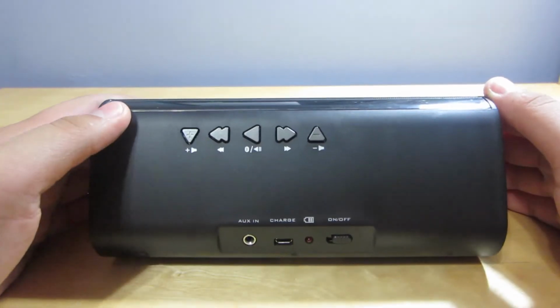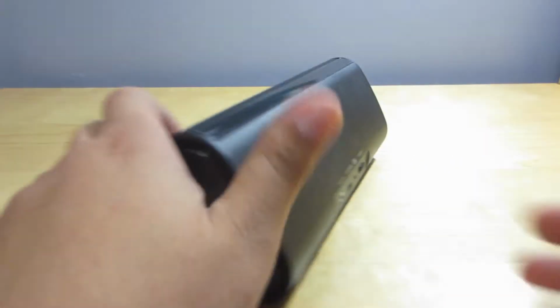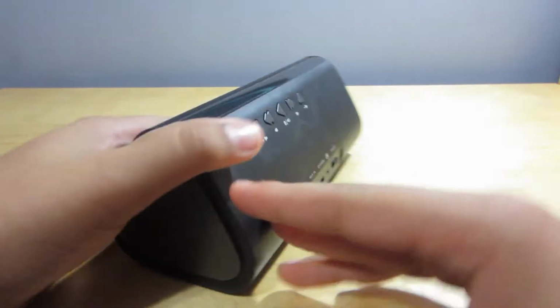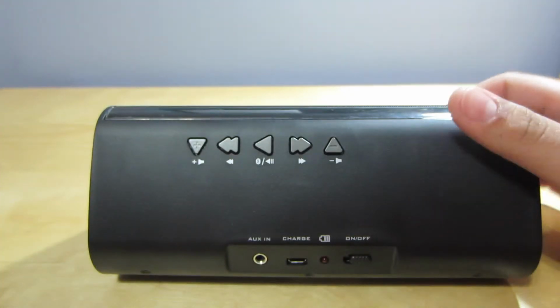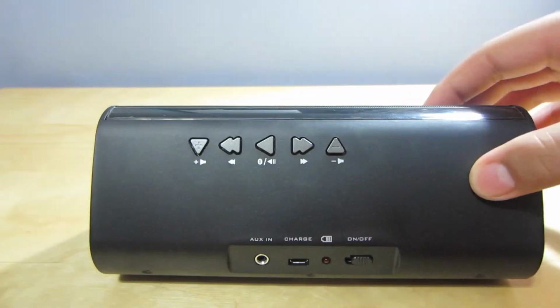Something I think they could actually do to improve it would maybe be to put the buttons on the front, I would think, so that you can actually see them. Or maybe even make the buttons backlit so you can actually tell which ones are which, especially when it's dark outside, because it would be kind of hard to tell which buttons are which, especially since the speaker only comes